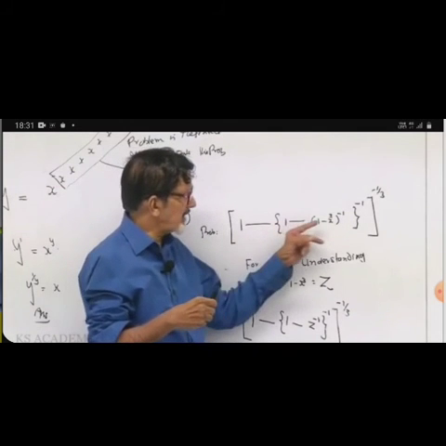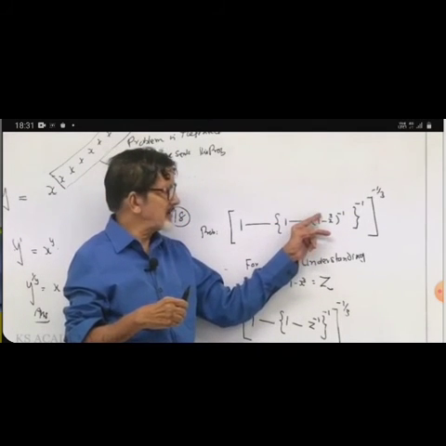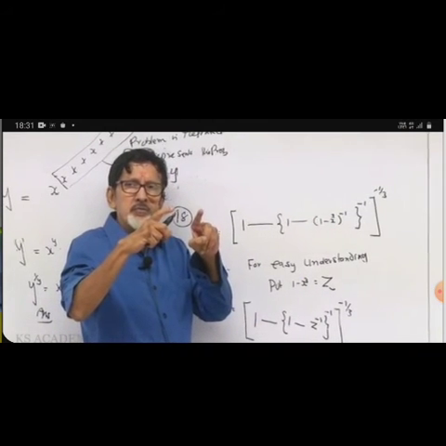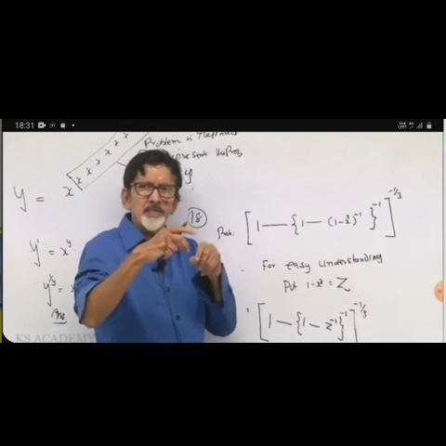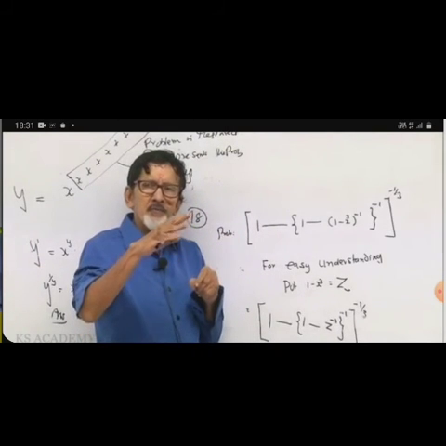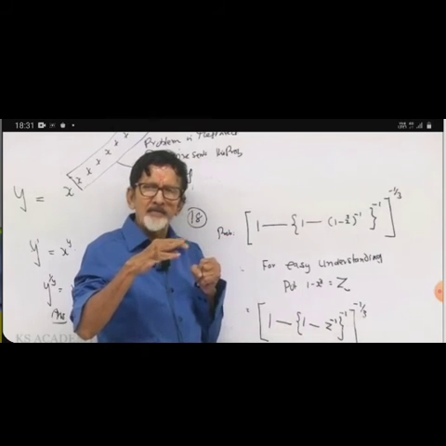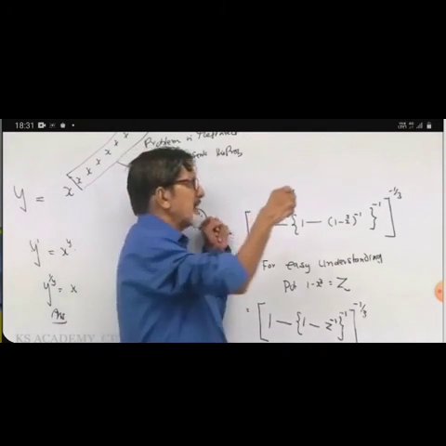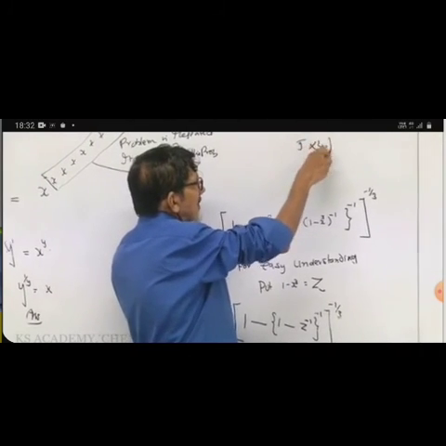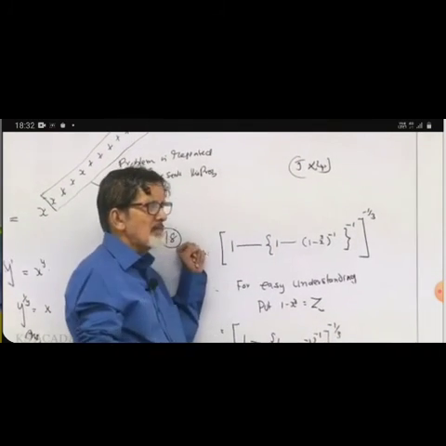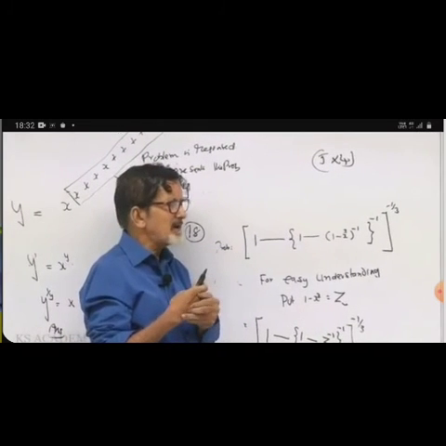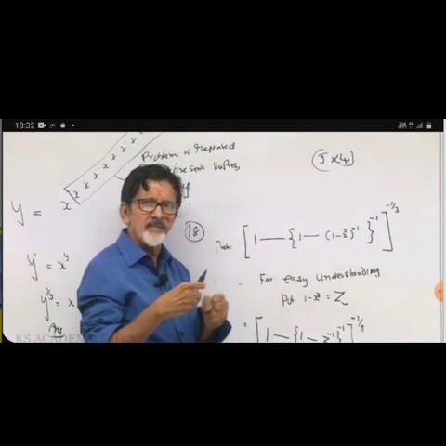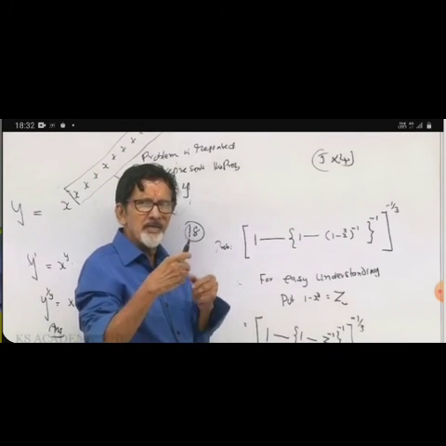For easy understanding, I kept z. It becomes a single letter. Single letter case, no bracket. Addition or subtraction of 2 or more terms, we have to indicate bracket. Multiplication case, nobody will use bracket. 5 into 4, nobody will put a bracket. Addition cases, brackets: a plus b whole square, bracket. ab whole square, no bracket.